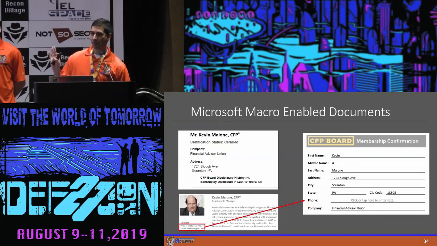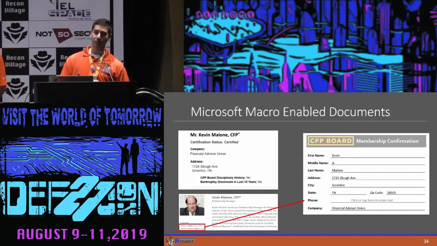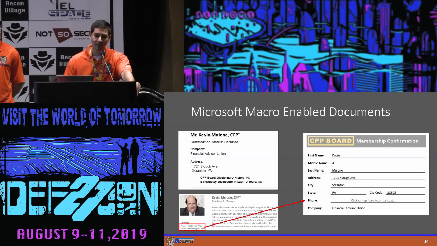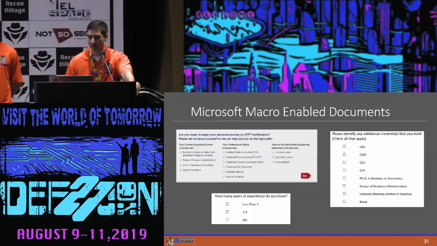Now, this alone is not going to get them to not just open the Word doc, but enable macros, because the only way to make changes to our Word doc is to enable macros. So we're going to purposely embed bad information in there. When they look at this, they're going to be like, oh, look, my information's not quite right. And in our email that we send out, we're going to try to get them to open it and say, hey, our database is being updated. You need to update this form and then send it in. So as they go through and add all that stuff in, they're going to have to go back and make edits to make sure it's correct.